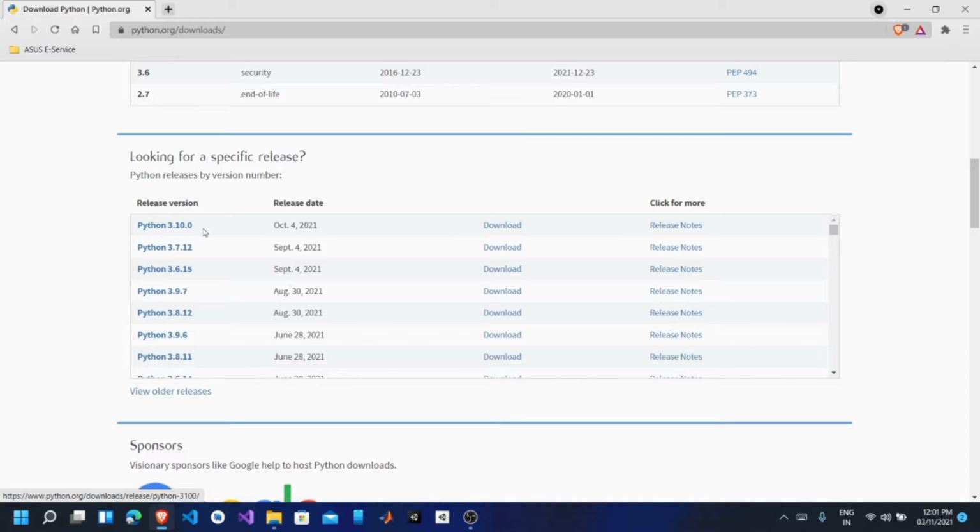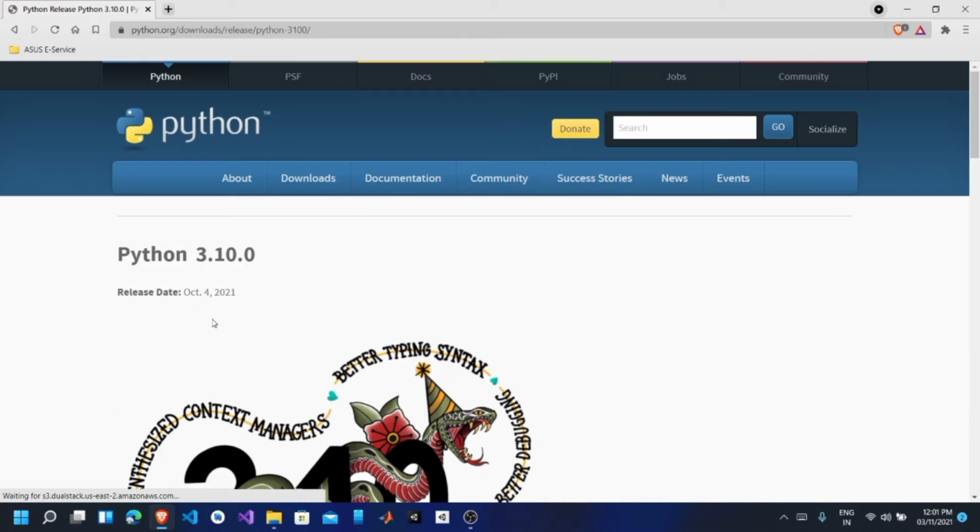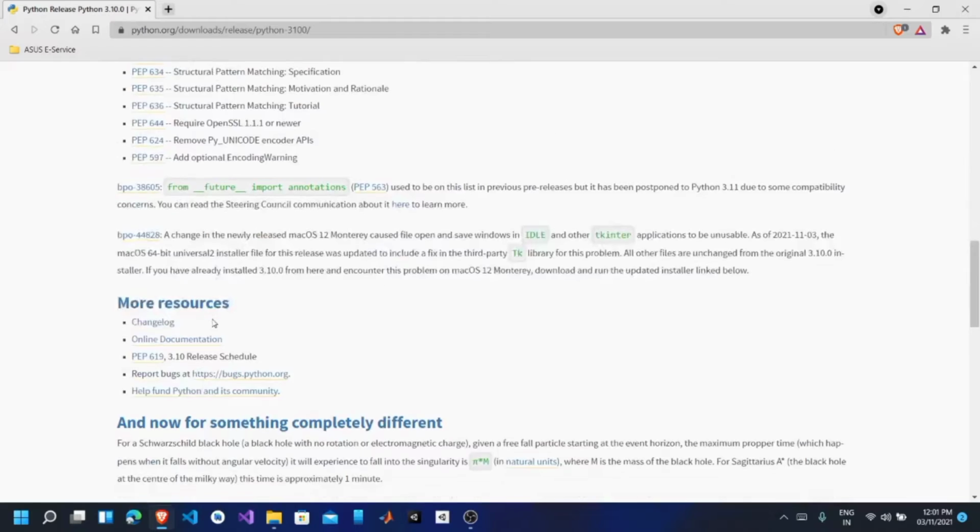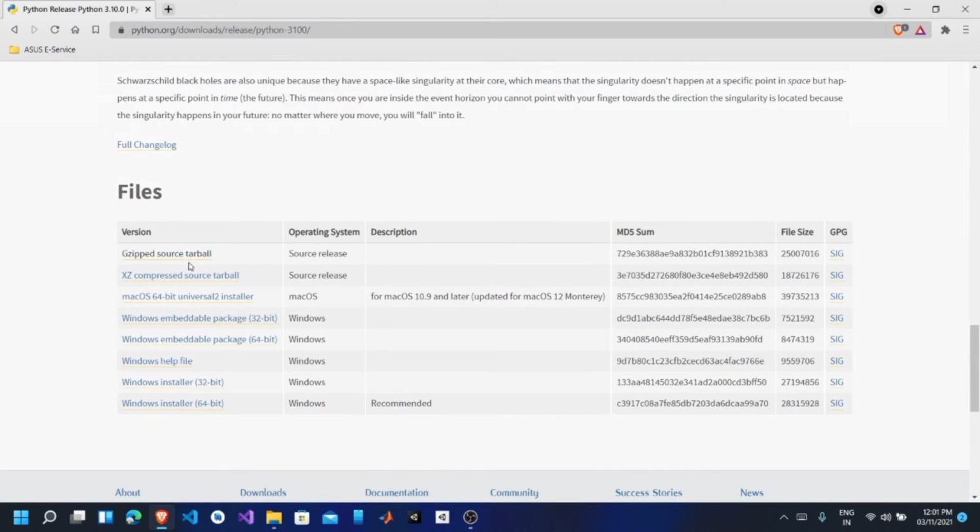You have to click on the latest version, and further down you will find files for installation for Mac OS and for the Ubuntu system also. For Mac OS you can download from here, and Ubuntu guys, you can download the source tarball from here, either the XZ compressed source tarball or the other, any of these.